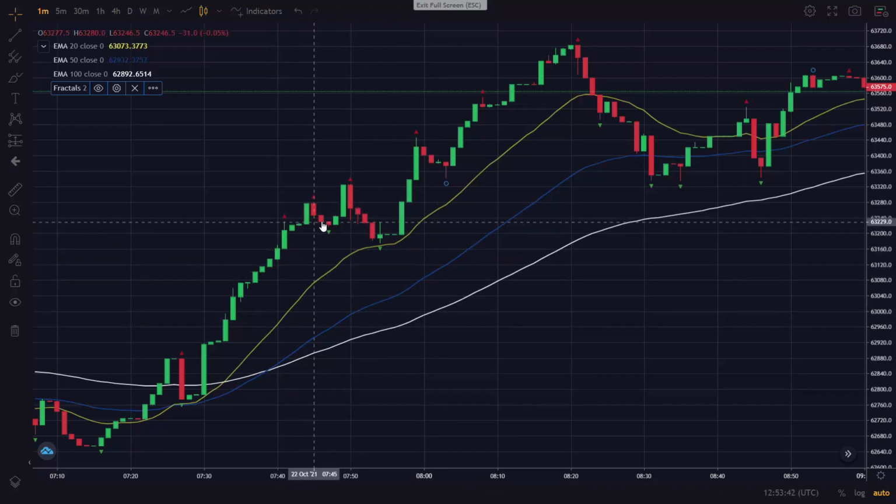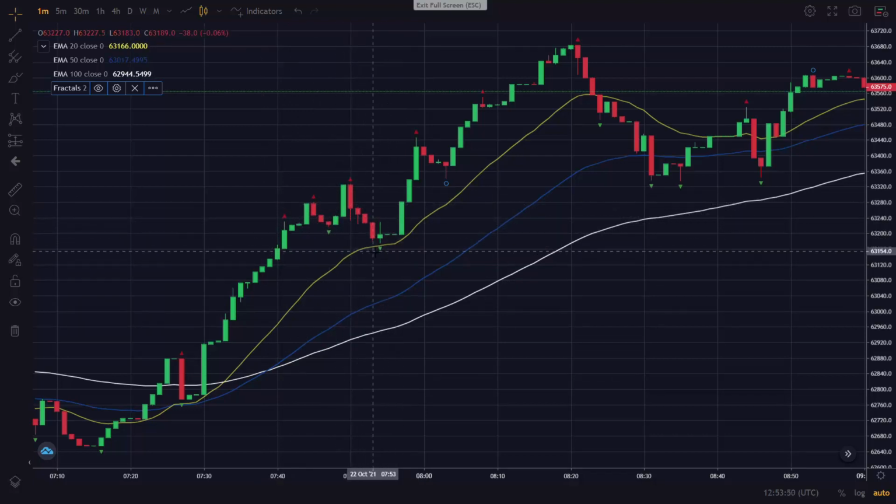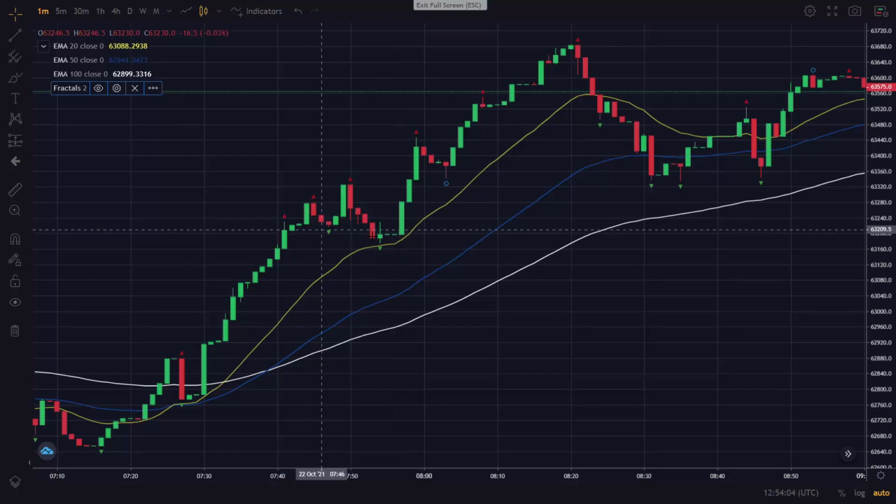So for example, at this point we do have an uptrend. As you can see, price is moving up, and it pulls back onto the 20 period exponential moving average. Like I said, this signal will only appear when this bar has closed. So at that point, we can put in our trade and we can target a